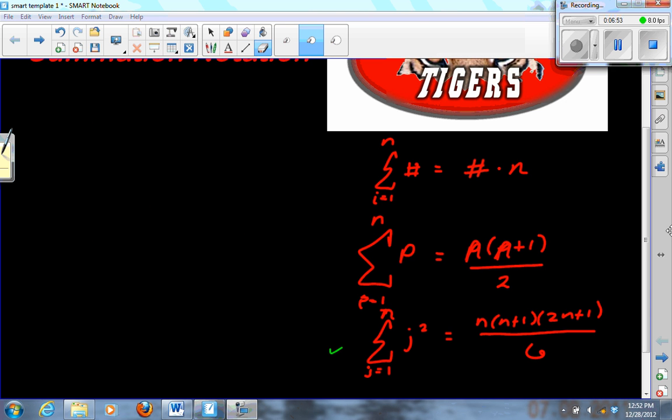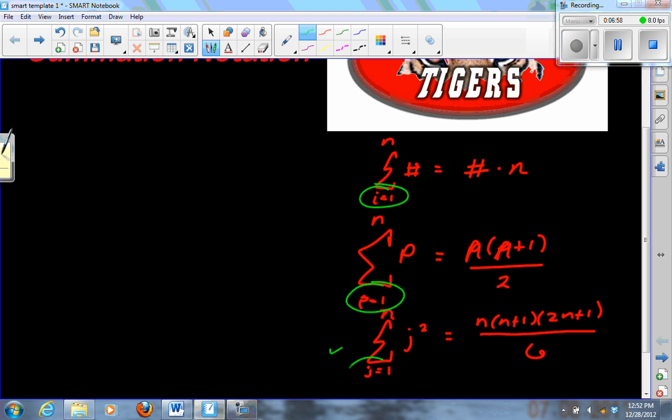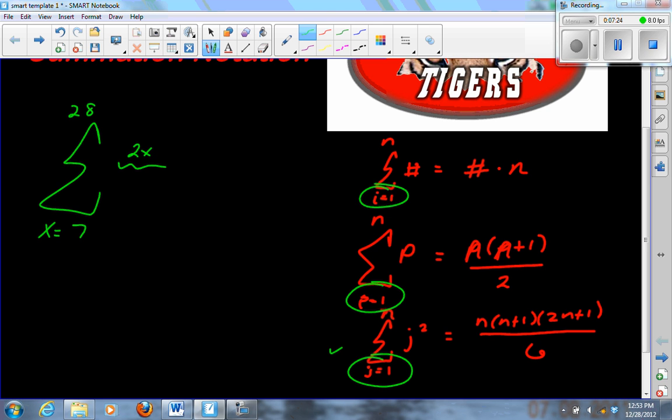Lastly, you'll notice that all of these formulas have 1 at the bottom. But if you're presented with a situation like this, and you have a formula here, you want to know how to do this without having to go plug in a 7, plug in an 8, plug in a 9, and so on until you get to 28. We could still take advantage of these formulas. Like, let's say this was a 2x here. Well, you just take the formula that says from 1 to 28,